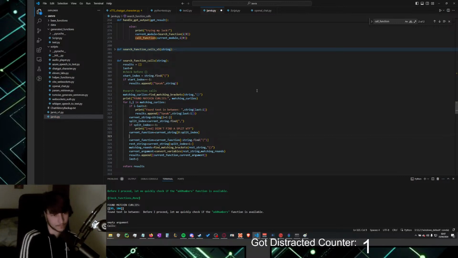Okay, so end of function index is... oh, also string.find is wrong. It's current function.find.